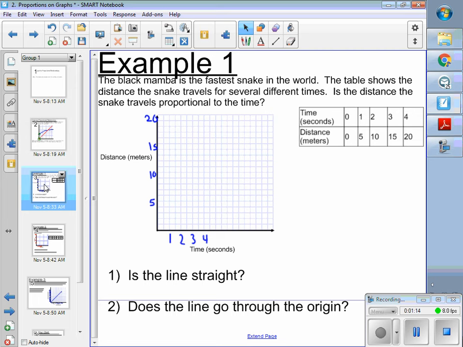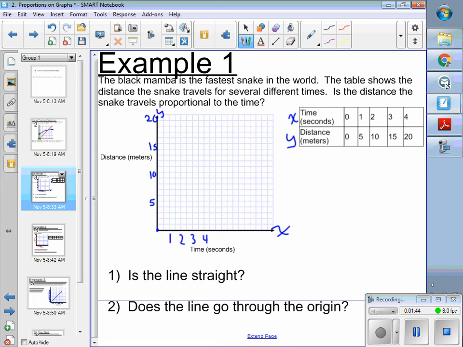So here's what I want you to do. I want you to pause as you need to. You can graph this with me. I might graph a little faster than you do, so if you need to, pause it as needed. You can rewind if you need to also. So we start with, this is our x-axis, this is our y-axis, and we graph, this is our x, this is our y. So we look, we've got 0, 0, so this is our point here,